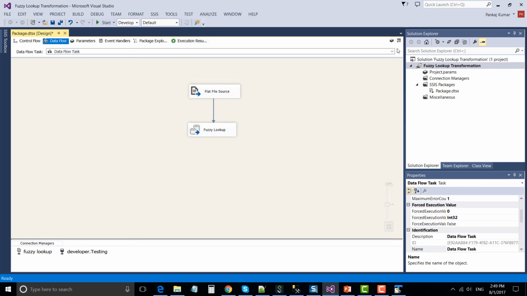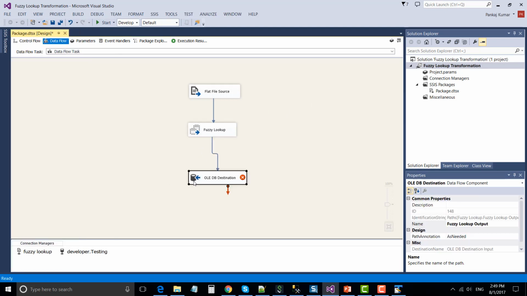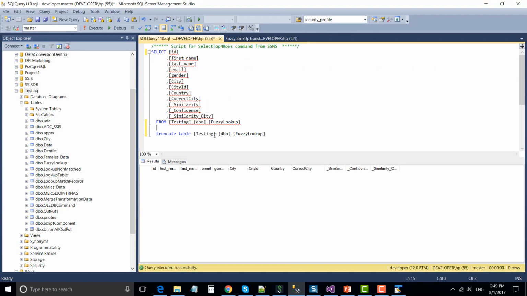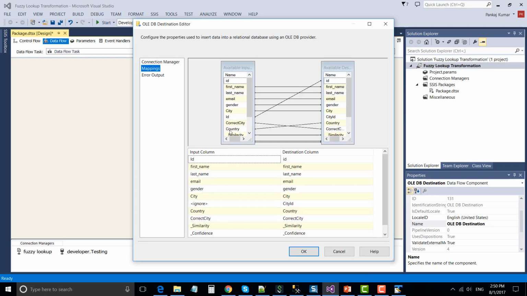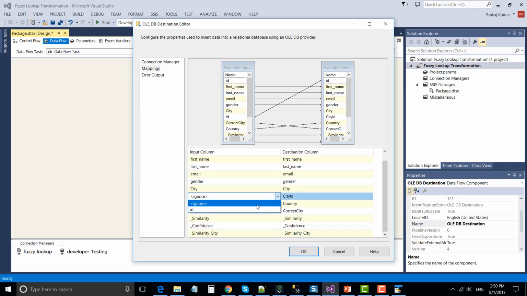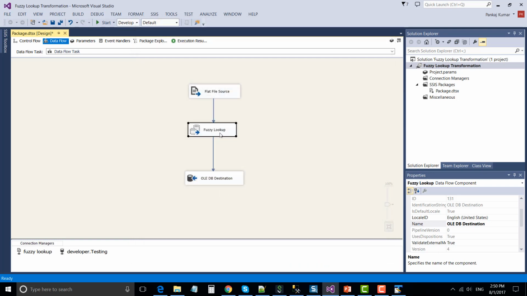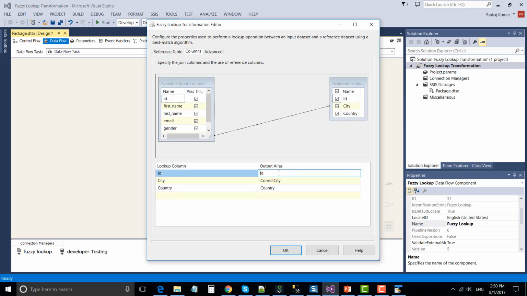Okay, so the warning has gone, and now let's dump this particular data into the OLEDB destination table. Double click OLEDB destination. Our table name that we want to insert data to is fuzzy lookup. So right now the table is empty. Okay, navigate to mappings. So the columns of input have been mapped with the destination columns. All columns have been mapped except city ID. So let's map this column as well. Okay, and maybe we can rename the column here. For example, output, it should be city ID actually.